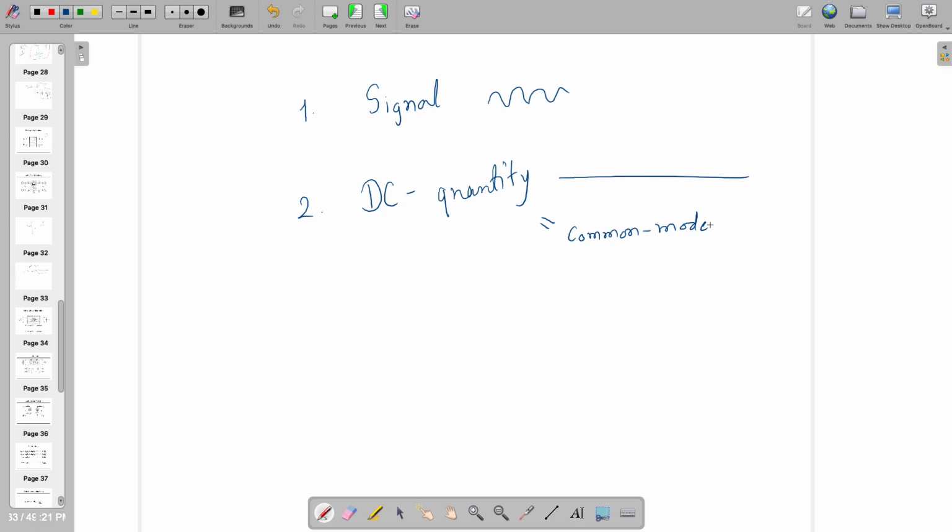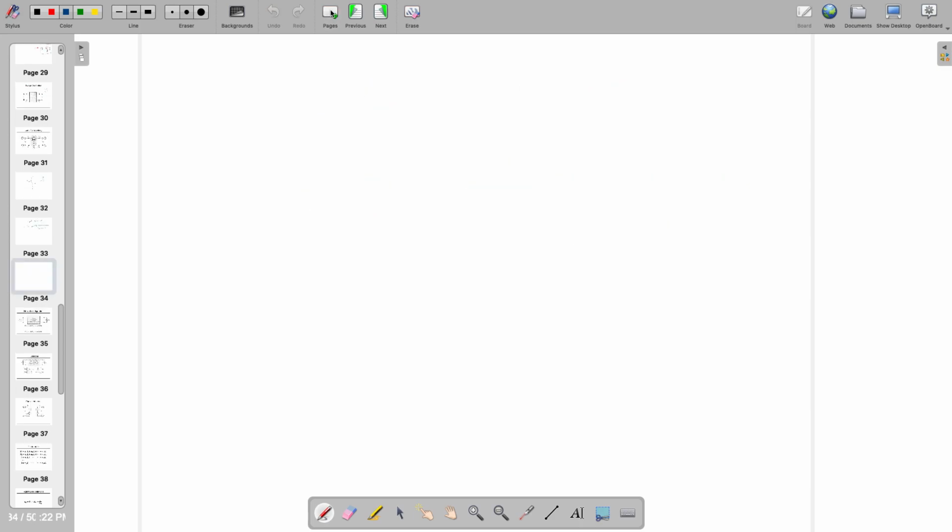So when we are doing the analysis, which is AC analysis, which is the fluctuating one, we are not going to consider DC, or DC will go to zero. When we are doing DC analysis, all AC sources will go to zero. This is how we are actually working on superposition, right? You agree with this? Okay. If you agree with this one,